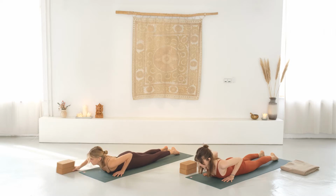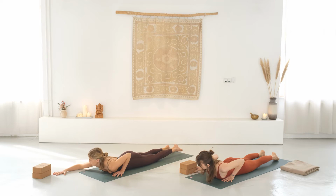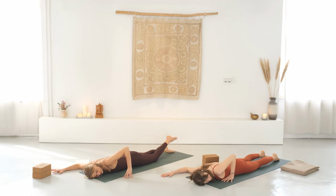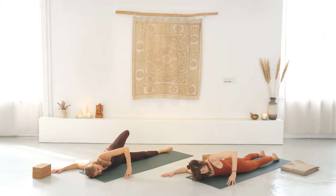Exhale, forehead down. Extend your right arm to the side in a cactus shape for a shoulder stretch. Bring your right ear to the ground. Press your left fingertips next to your chest down and start to roll onto your right shoulder. Keep your head on the ground and try to imagine that your right shoulder is melting to the ground as well. Breathe into your heart space and you can roll deeper onto the right side if you like,